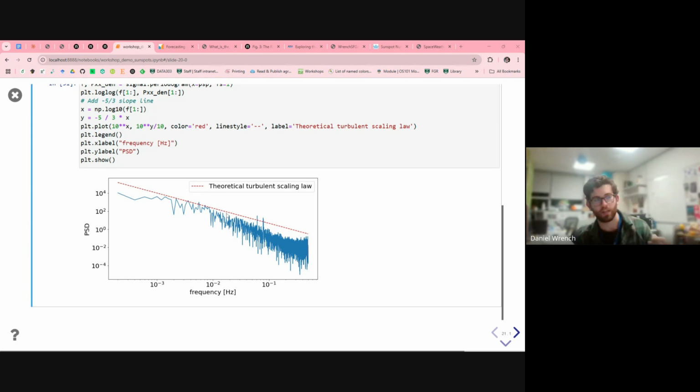So the universality of this slope in the solar wind has been one of the key pieces of evidence that tells us that it is turbulent. And then you can see it gets a little bit steeper, but then it actually starts to flatten out. Okay, and if you think back to what I was talking about before, can you think of any reason why the spectrum might flatten at high frequencies? Do you think this is something physical or is it something else?